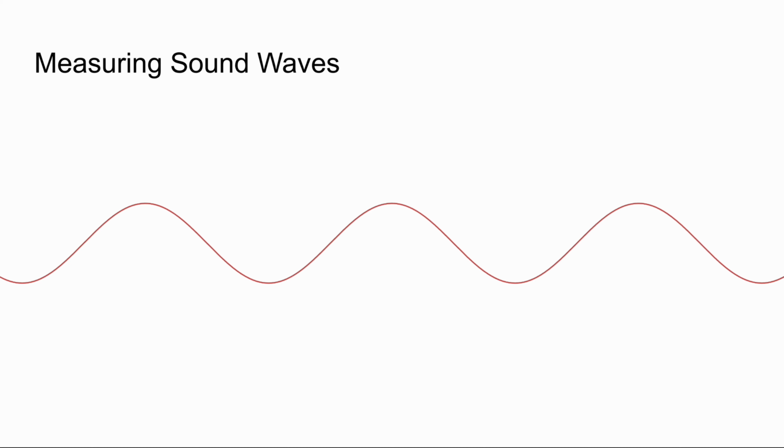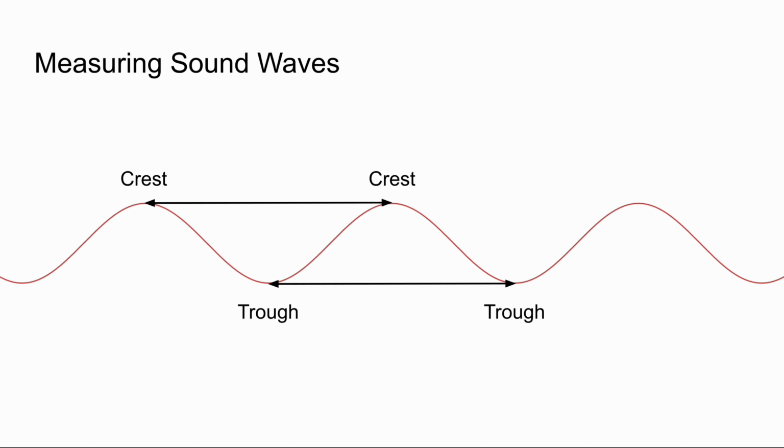If we look at a sine wave, we can see that it repeats. The wavelength of a sine wave is the length per cycle, the distance it travels before it repeats. We can measure the wavelength of a sine wave by measuring the distance from crest to crest, the highest points, or from trough to trough, the lowest points of the wave. Both of these methods measure the wavelength of a sine wave.